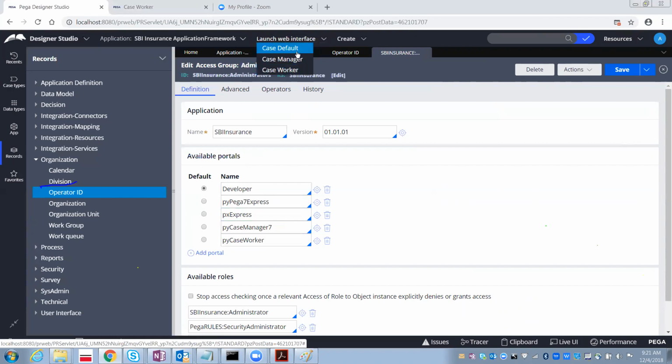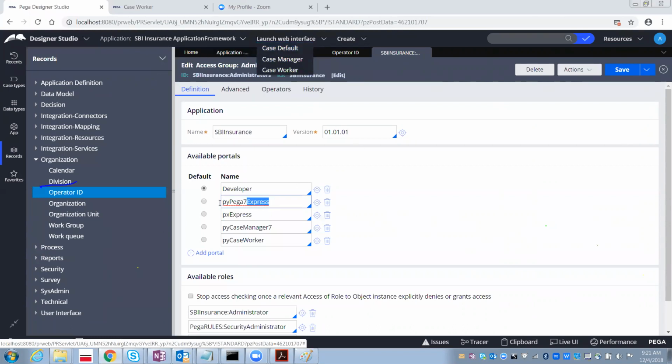Okay, you would ask that, okay, here we have only 3. Why? Because already you are part of the developer portal. From the developer portal, you cannot select another developer portal, right? From the developer portal, you can switch to another portal. So these are the 3 and this is 4.